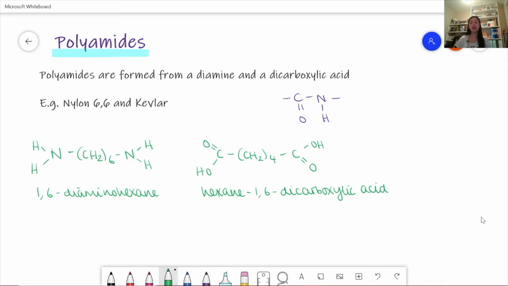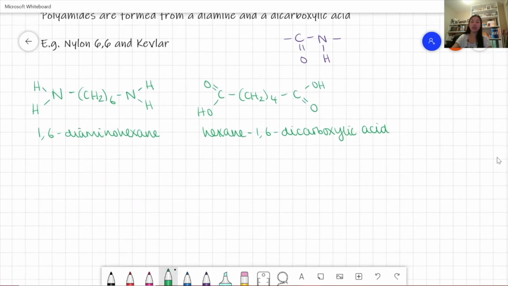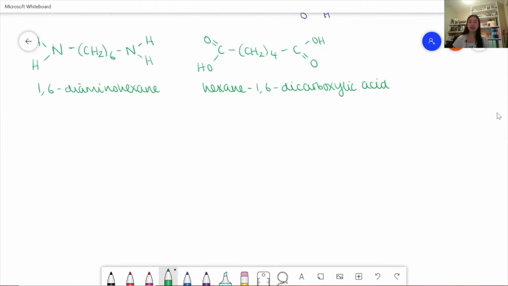And these two react together to form nylon 6,6. And you'll need to remember these two chemicals that join together to form nylon 6,6. So again, what we do is we have the diamine and we have this dicarboxylic acid,